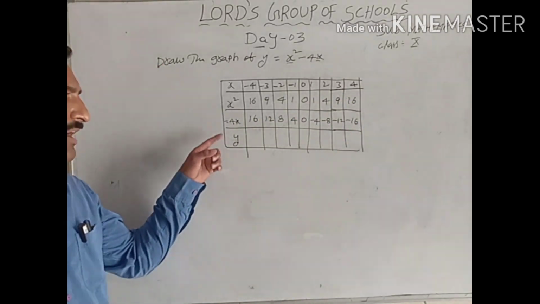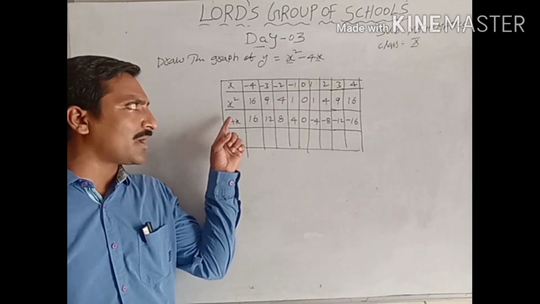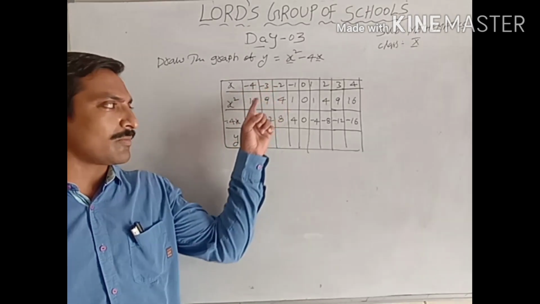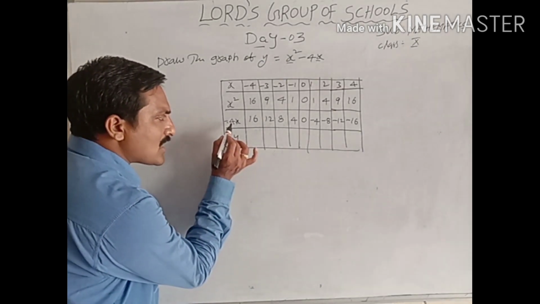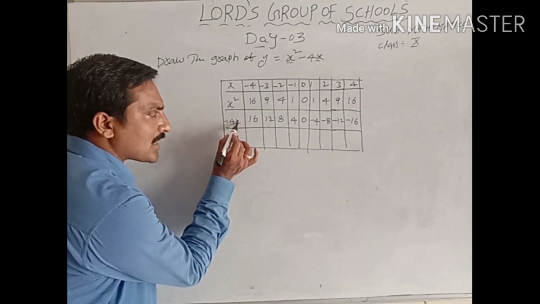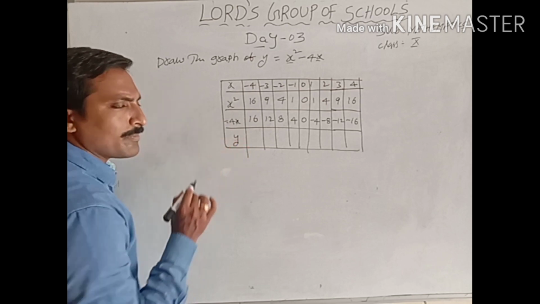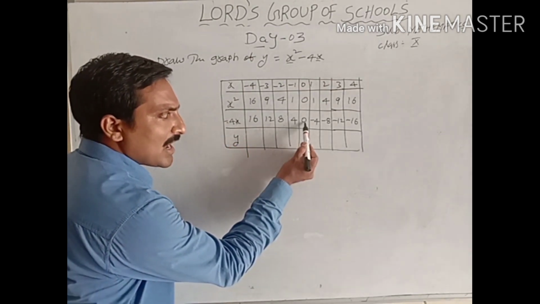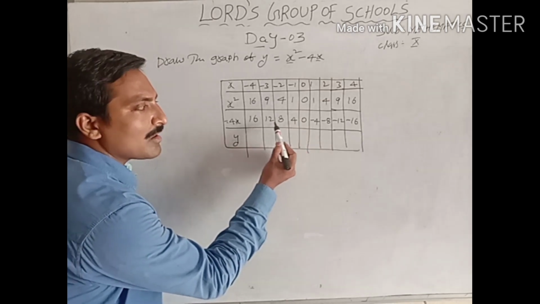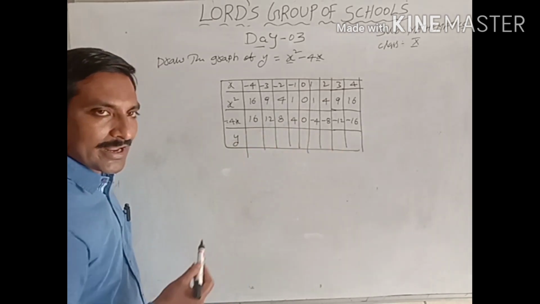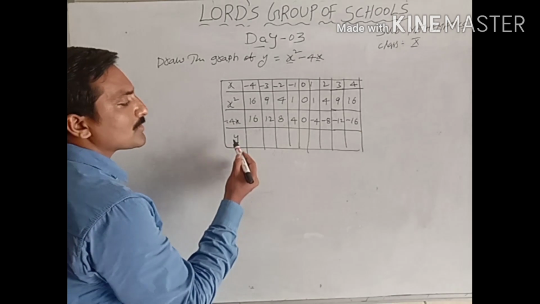Here, what is the coefficient of x? You have to multiply that number with these particular values. Here one thing you have to observe: if the second term's x coefficient contains a negative symbol, the values in front of zero are positive, and after 0 the values are negative. Next comes to y.